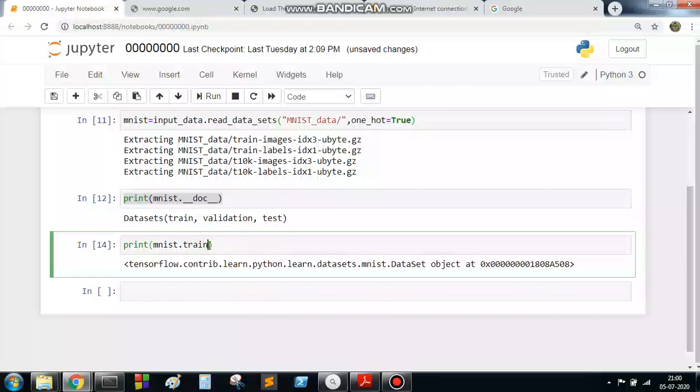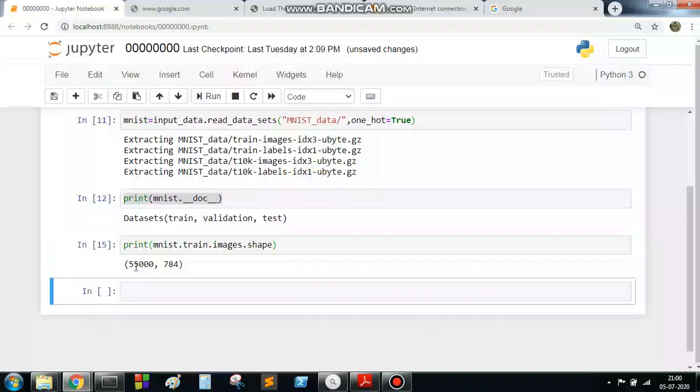If I check what is available, images is the X and Y is the target, the label. So images is the input value and the labels are the target value. Here if I execute this line, you can see the total is 55,784.